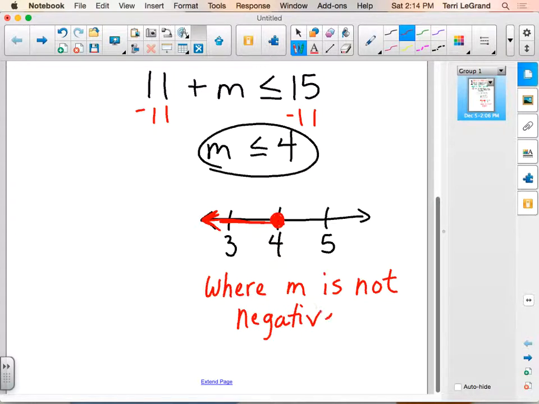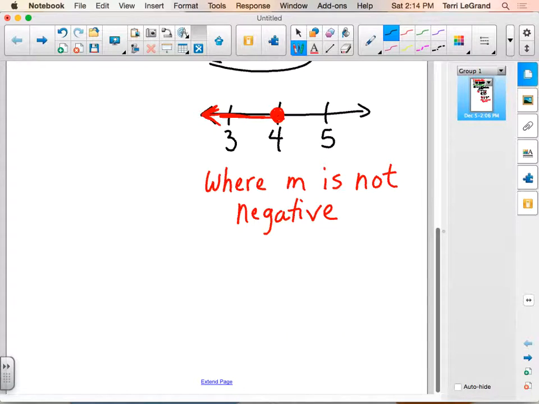Okay, so we don't want m to be a negative number because there's not such a thing as a negative number of milligrams. So we could still show the graph like we do, but then basically we're saying to the reader, when you look at that graph, you got to stop when you get to the negative numbers. Or another way to do it, if you don't want to have to write this out in words, we could show it